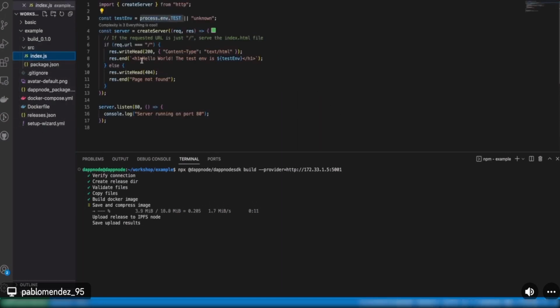And ideally, if I go to the UI of this package, which will be served on port 80, I should see this HTML, which will say hello world, the test env is, and the value that I have set during the installation process. So this time it is taking a bit more.